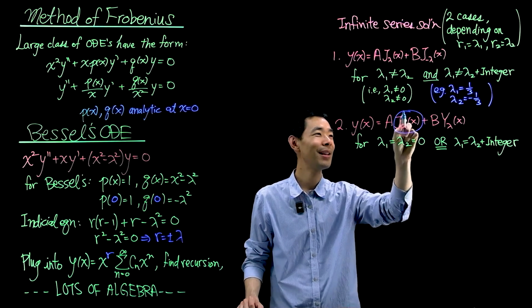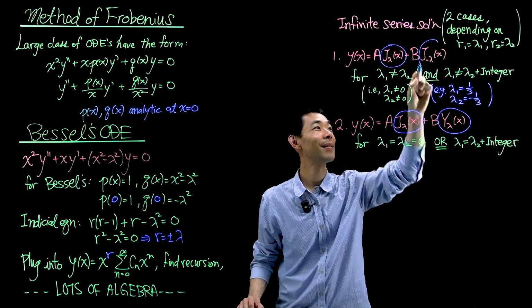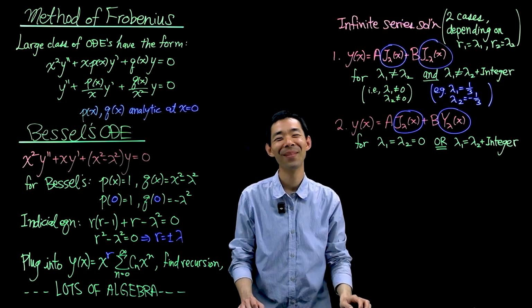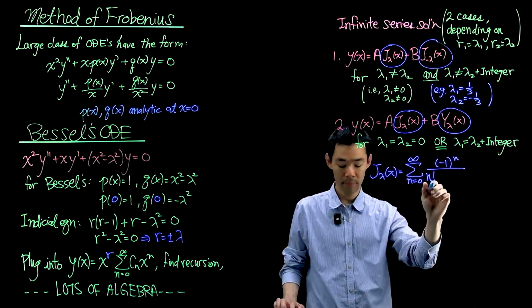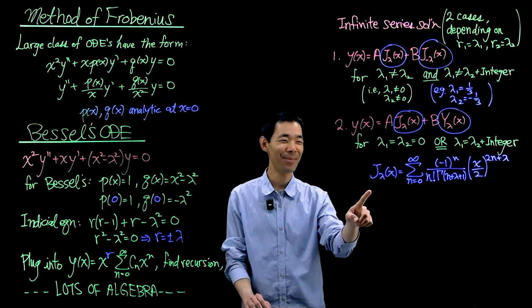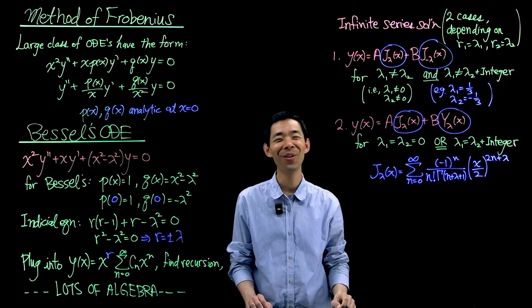This one, these functions. What are these functions? Let's talk about that now. All right, let's first talk about j sub lambda, which is this long and ugly expression shown on the right-hand